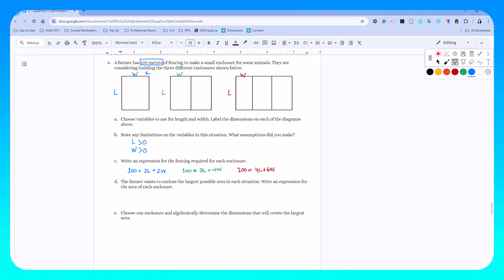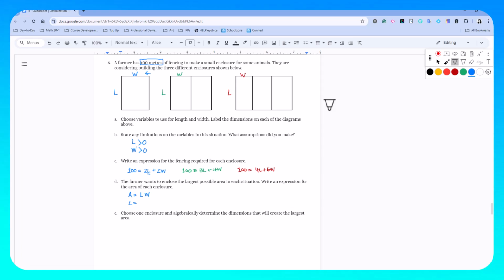Now, the farmer wants the largest possible area, and it says write an expression for the area of each enclosure. Well, the area must equal length times width. Well, for the blue one, we can solve for L. So in other words, I am going to say my L